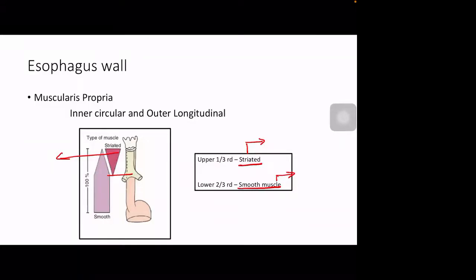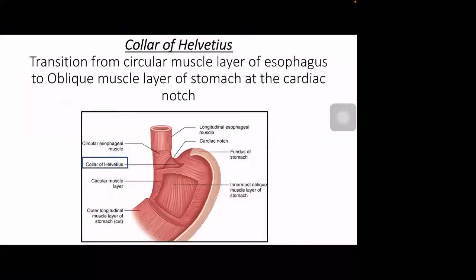So the lower 2/3 of the esophagus is only smooth muscle, and the clinical implication of this is that motility disorders of the esophagus, which affect the smooth muscle, are more common in the lower 2/3 because of the smooth muscle bulk in that area. And the other important anatomic landmark, which you have to